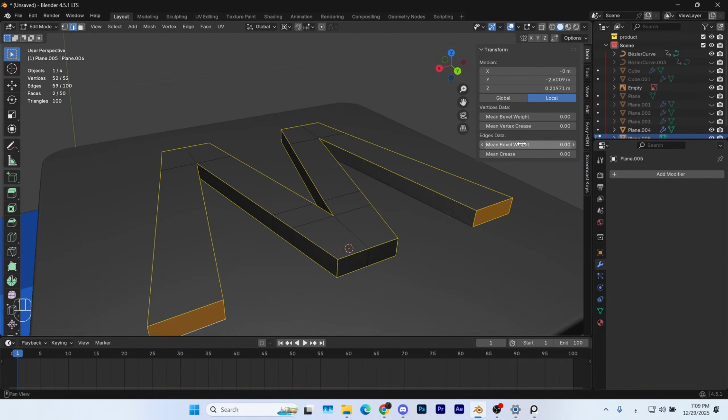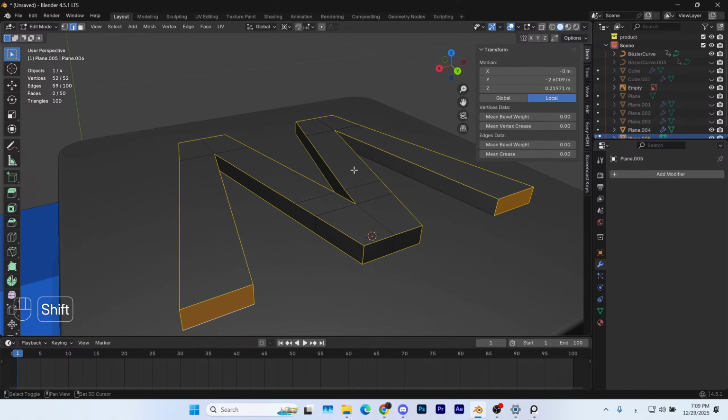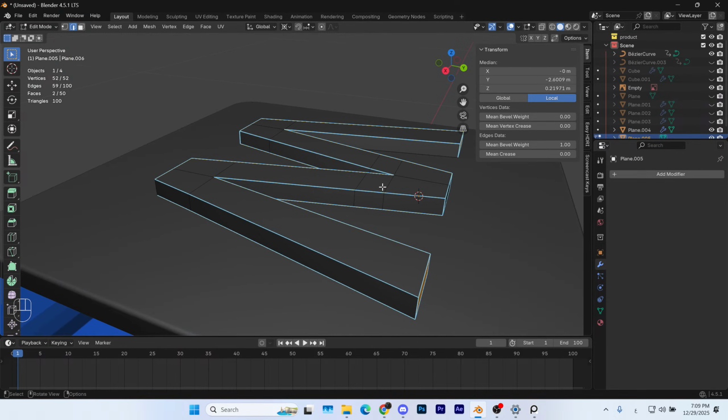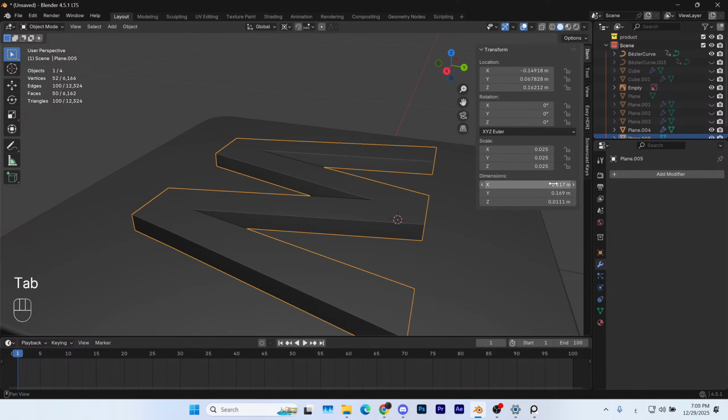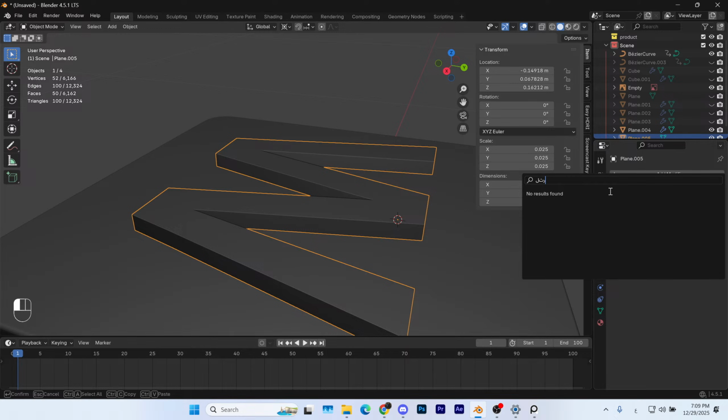Okay, now in here in the item transform, while staying in the edit mode, you're gonna see mean bevel weight. You're just gonna drag this all the way to 1, and now you see that blue line or that blue highlight. That just means that you've applied bevel weight. So now you can just literally add a bevel modifier,